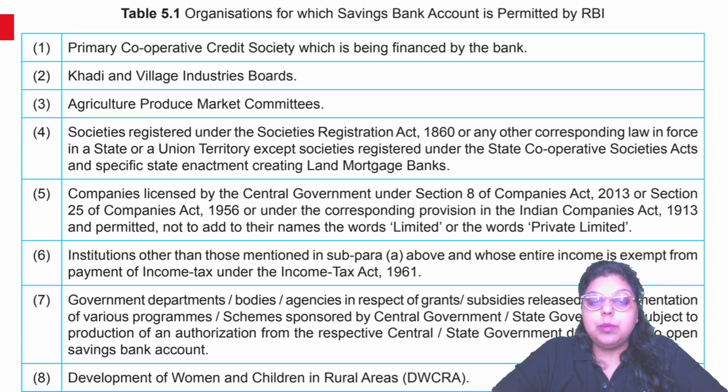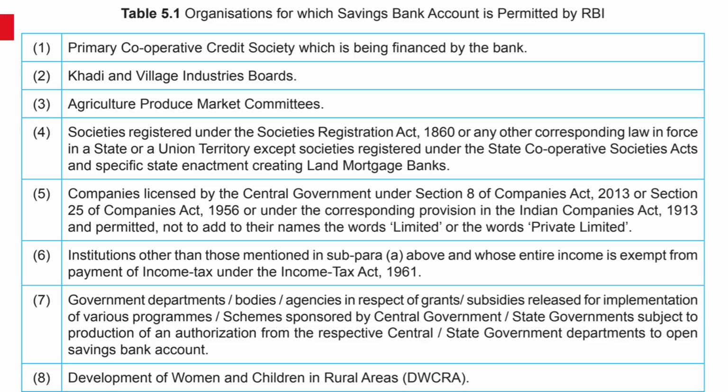The primary cooperative credit societies which are financed by a bank can have a savings account. Khadi and village industries can have a savings account. Agriculture produce market societies registered under the Societies Registration Act. Companies licensed by the central government under Section 8 of the Companies Act 2013 or Section 25 of the Companies Act 1956. Then institutions other than those mentioned in subpara A above and whose entire income is exempt from payment of income tax under the Income Tax Act